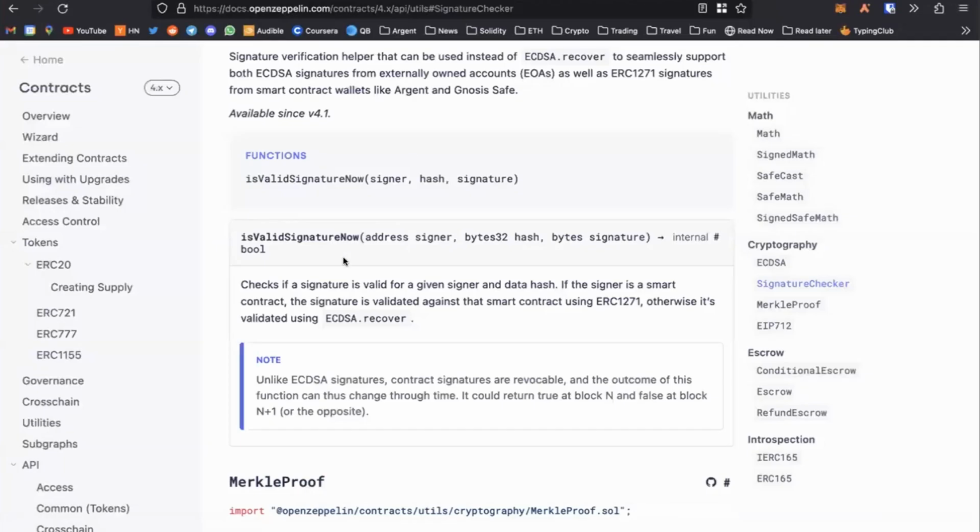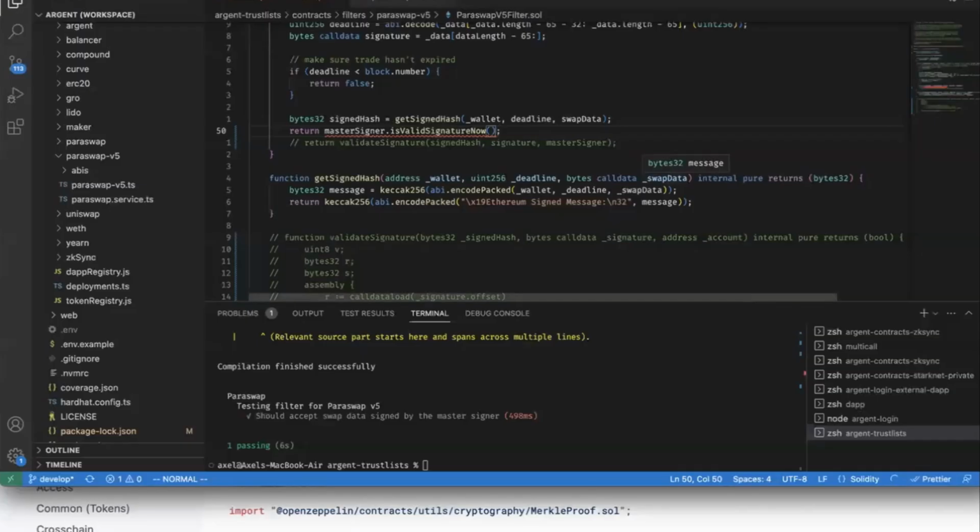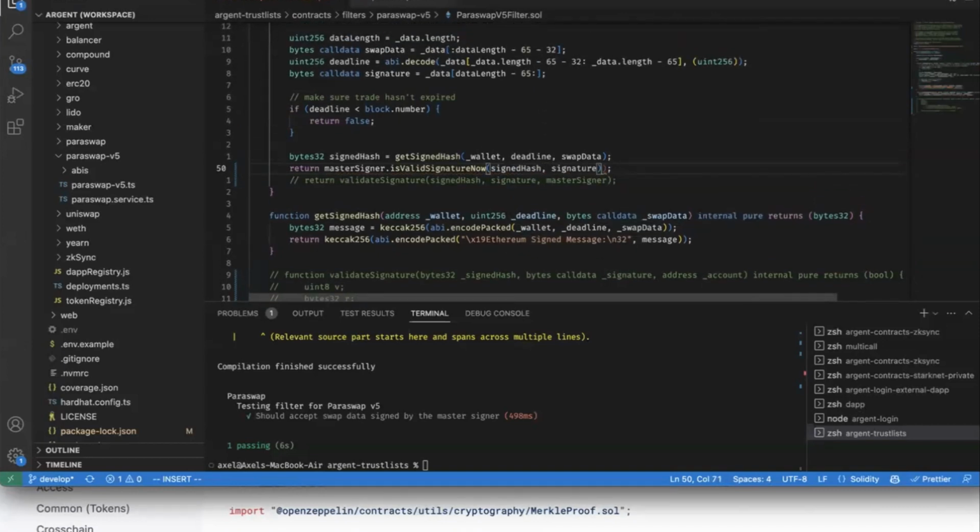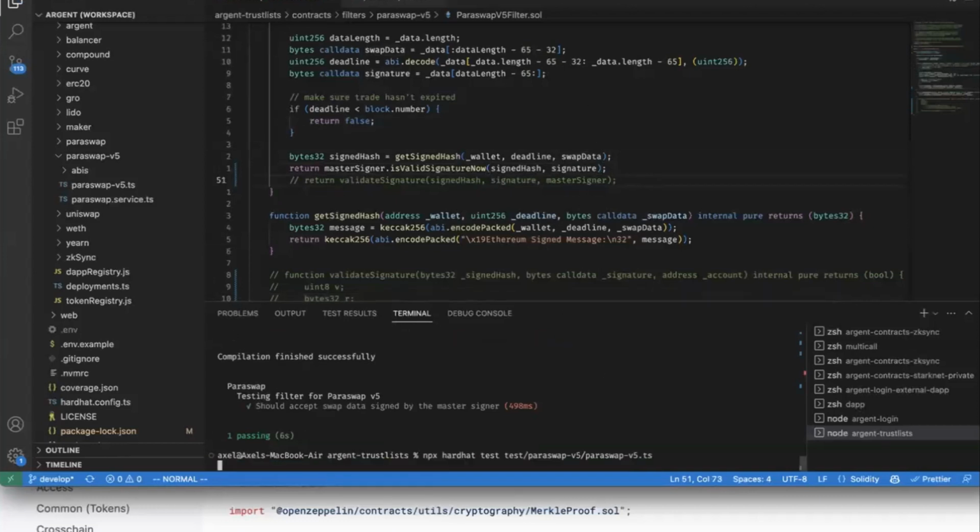And then the order of arguments. Because I'm using it as a library, this one is the master signer, then hash and signature. Our hash is this one. Signature is above. And that's the difference. So let's see if I haven't made any mistakes.